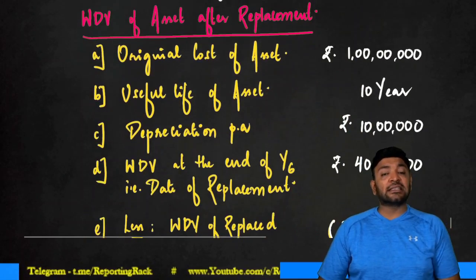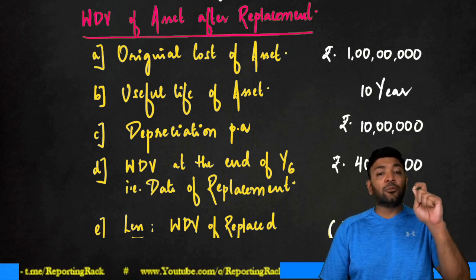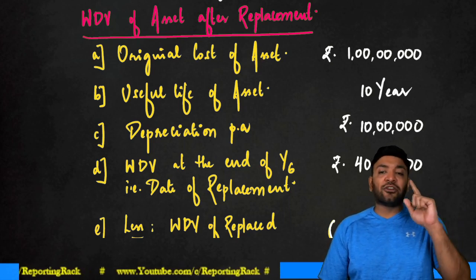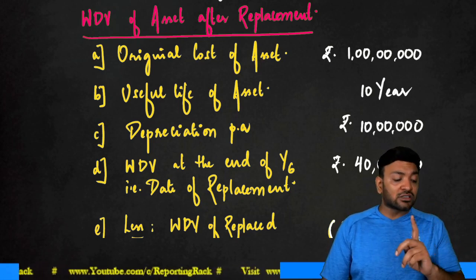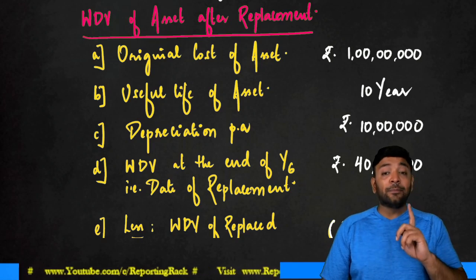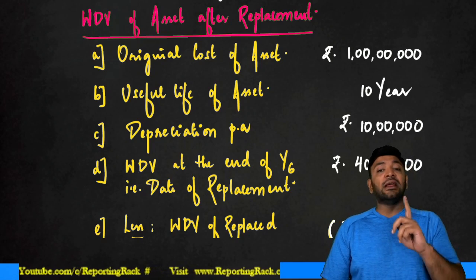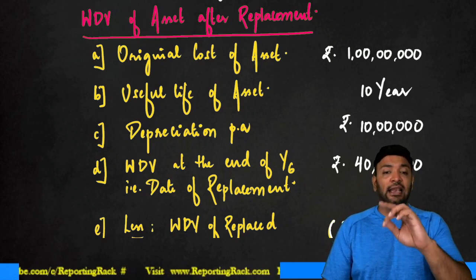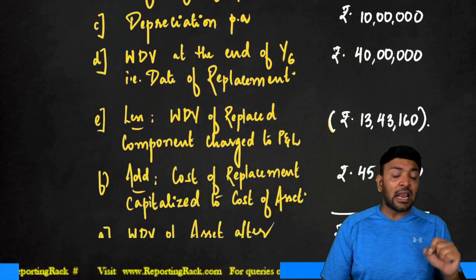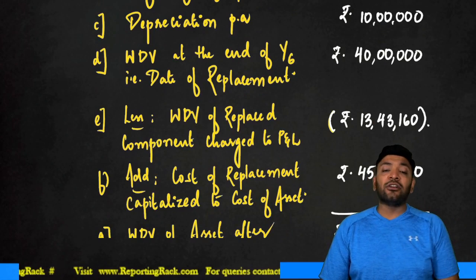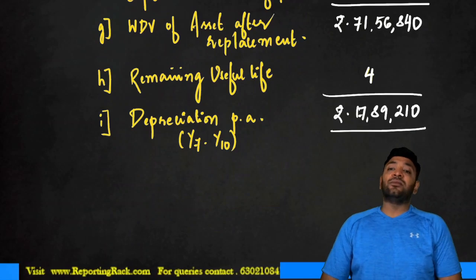The WDV of the asset after the replacement should be identified like this. First, find out what is the WDV of the asset on the date of replacement. You have been depreciating the asset over 10 years and the original cost of the asset is 1 crore. Therefore, the depreciation expected to be charged every year is 10 lakhs. Therefore, the WDV at the end of year 6 is 40 lakhs. From this 40 lakhs, reduce the amount that you are charging off to P&L and capitalize the cost of replacement. That will give us a revised WDV after the replacement, that is